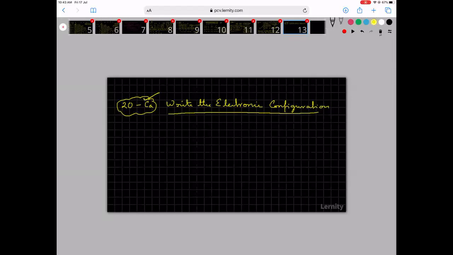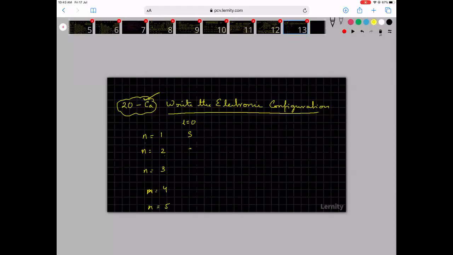First understand that these are the different n values, shell values possible. So this is n is equal to 1, n is equal to 2, n is equal to 3, n is equal to 4, n is equal to 5. These are the different shells which are possible. Now in the first shell there is only s orbital. Why? Because l is equal to 0. You have to learn this. There is nothing else. You can't keep asking again and again how I am writing s. So in the first shell there is only one s.